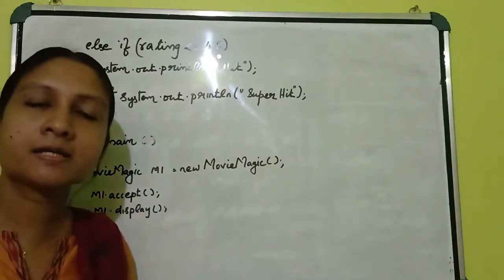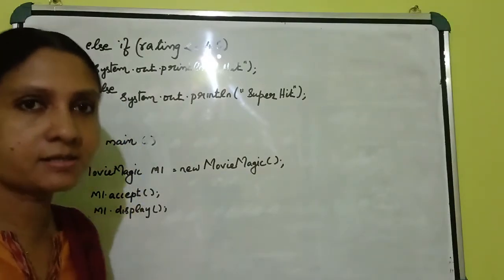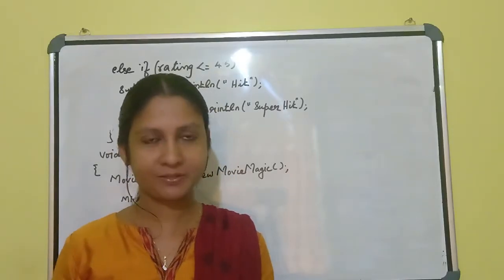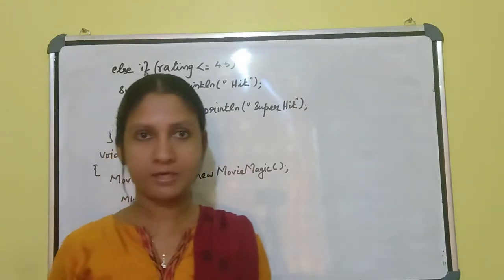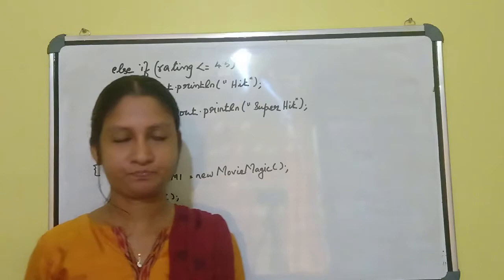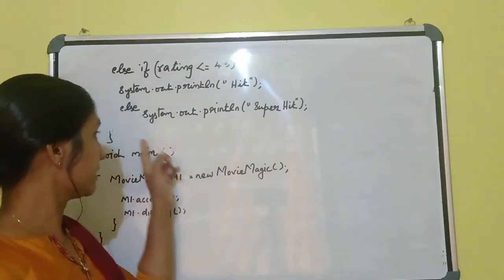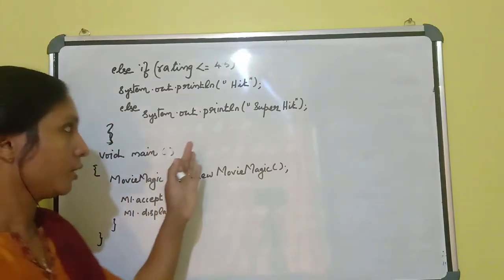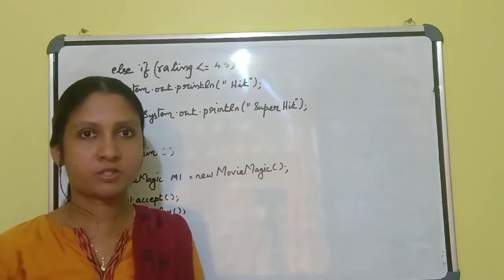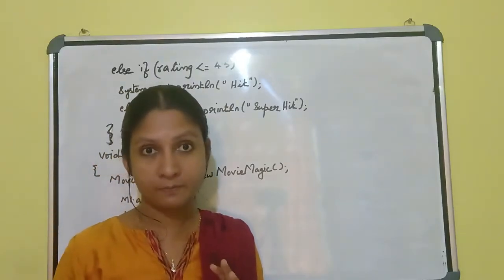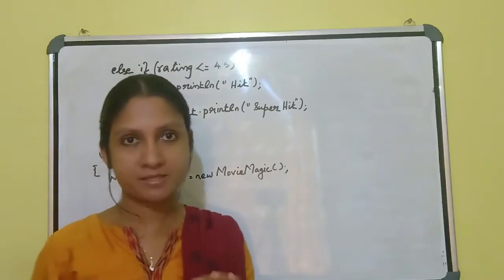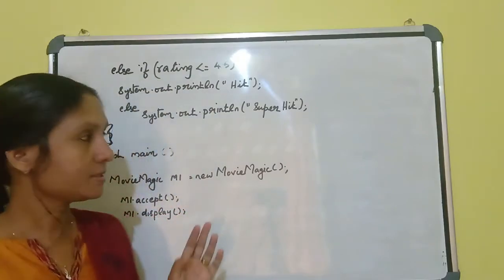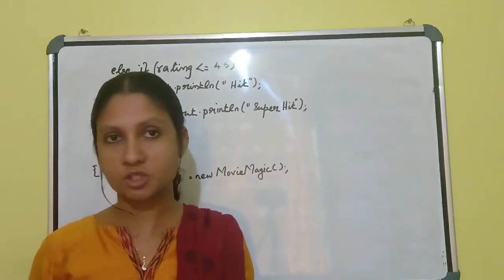Okay. Then for the last condition, no need to write else if and all. You just write else only. Else, last, we give the message to the user as superhit. Okay, this is in the case of the rating. We are always giving the rating and all. After that we can close this bracket. We already finished the display function. Understood all of you? Up to here, in the display function we give the conditions and the printing at the same time. At the same time we can give the condition and a message also. Understood all of you? This is the duty of this display function in this question.